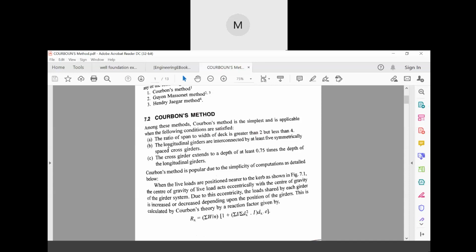So in Courbon's method, the ratio of span to width of deck is greater than 2 but less than 4. The longitudinal girders are interconnected by at least 5 symmetrically spaced cross girders. The cross girders extend to a depth of at least